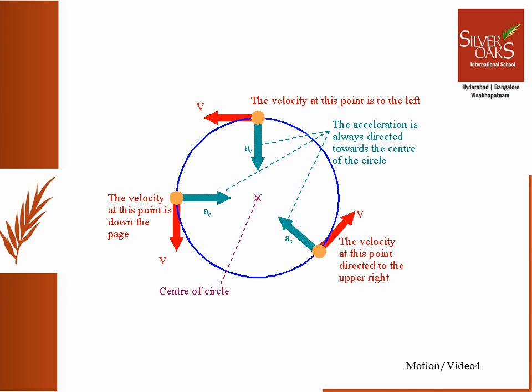Also, if you have noticed, his velocity is along the tangent to the circle and the acceleration is along the radius of the circle. Now, this acceleration is what causes the athlete to move along the circular path. We know that tangent and radius are always perpendicular. So in this case, the velocity vector and acceleration vector are perpendicular to each other. Hence, the motion of an athlete moving along a circular path is an example of accelerated motion. When an object moves in a circular path with uniform speed, its motion is called uniform circular motion.